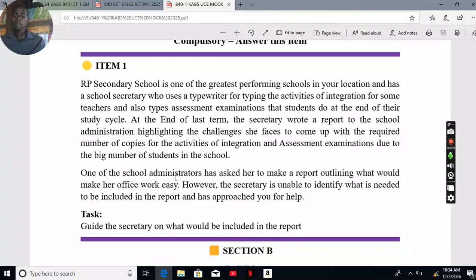As you have seen, the task guides the secretary on what would be included in the report. I have in mind that we need to guide the secretary about which ICT tools, as you have seen in the paragraph where it states the secretary is unable to identify what is needed. So she was unable to identify what is needed to be included in a report. But however, besides providing the ICT tools,